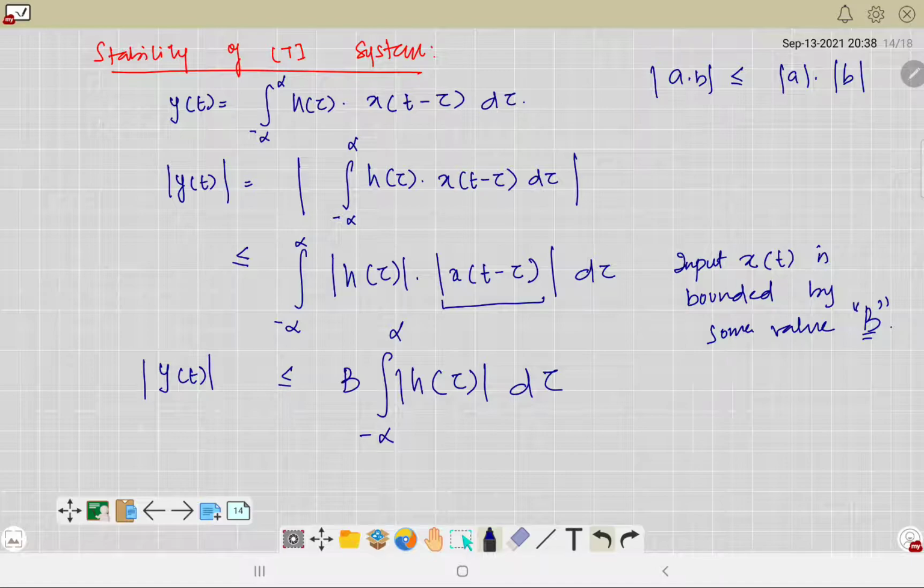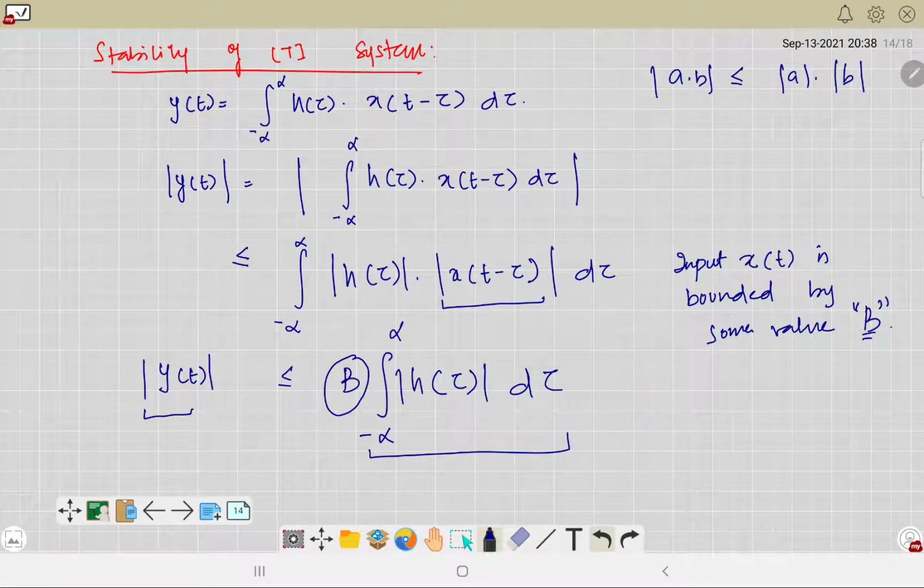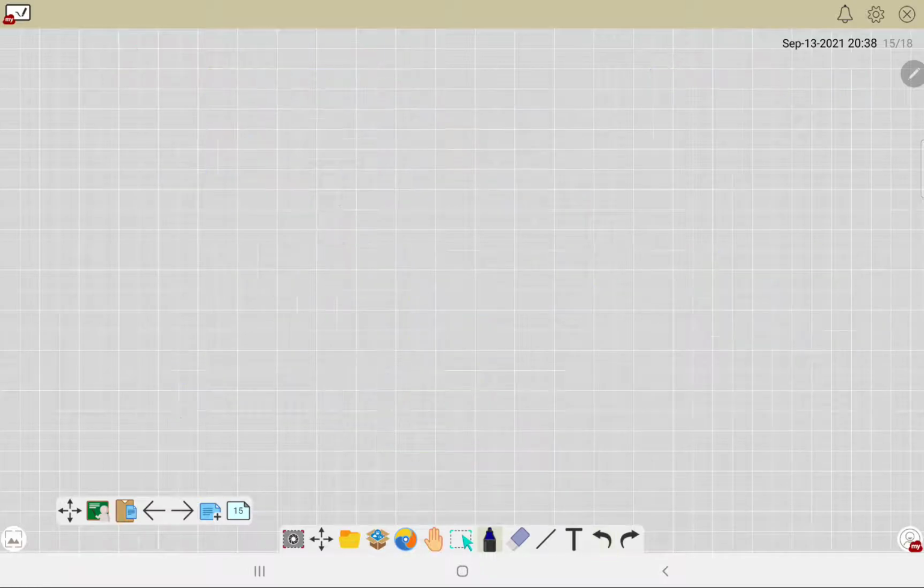Fine. Now this quantity is finite, and the only way this can be finite is when this integral is finite. Okay, because finite multiplied by finite gives you a finite quantity. Now your input is bounded by some value b, so it is already finite. So the only term that remains is this integral. And if this integral is finite, your output will be finite. So I can say